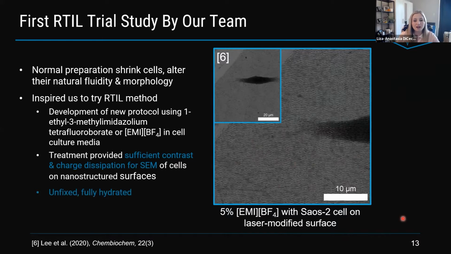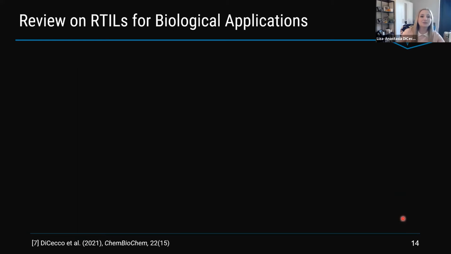Brian did a lot of work with this, and when he left the team and graduated, I took over and started looking at this protocol in a little bit more detail. We were able to adapt it and avoid all these laborious things. So we had this success with using ionic liquids, and I started with the team.